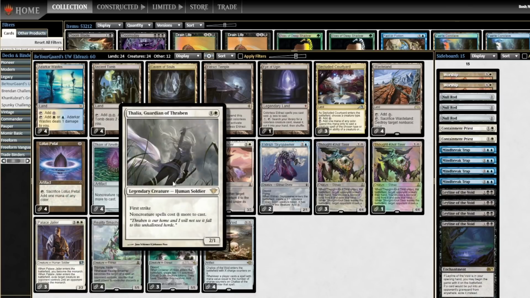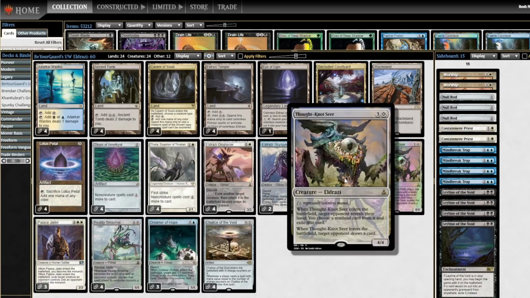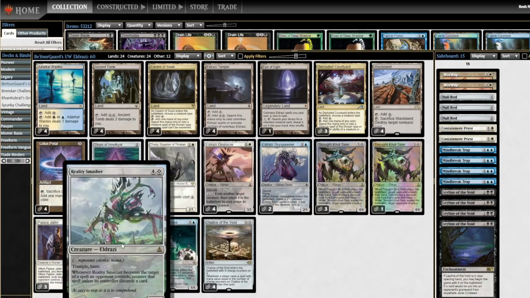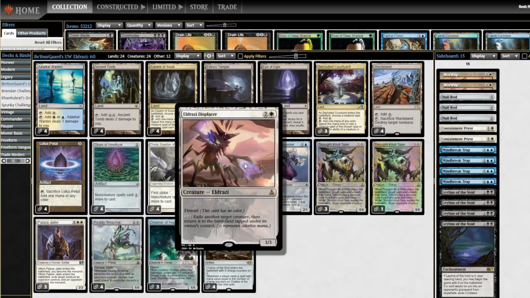Thalia and Thorn help me keep my opponent from casting any spells. Chalice, same thing. And then I'm just dropping fatties along the way. Thought-Knot Seer needs no introduction. Reality Smasher needs no introduction. The cards that may need introductions: Eldrazi Displacer, 3 mana 3/3, 2 and a colorless, exile another target creature, then